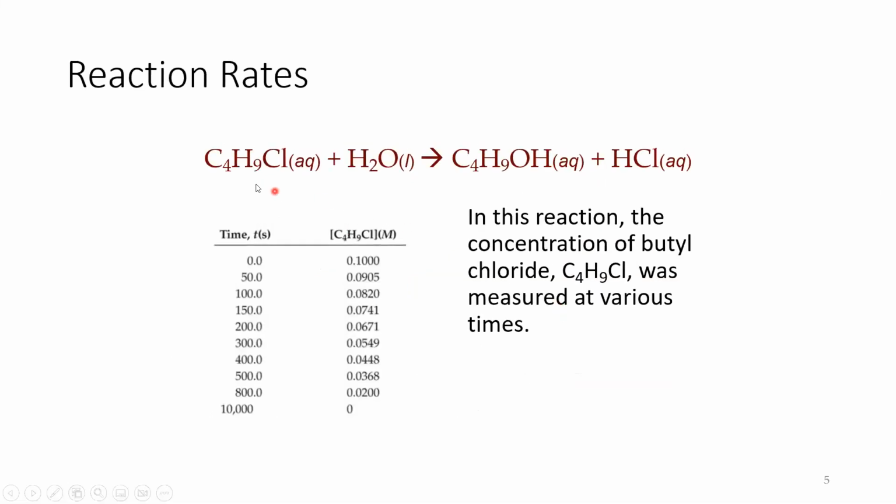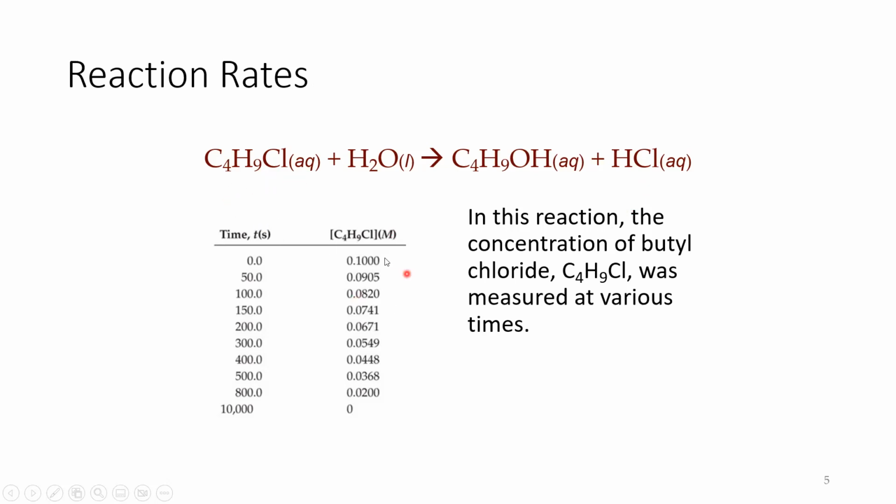And when you look at the reaction here, C4H9Cl, butyl chloride, and we're reacting it with water to make butanol. So C4H9OH, just an alcohol, butanol just because it's got 4 carbons, and hydrochloric acid. The way that we can measure the rate of this reaction is looking at the change in concentration of the